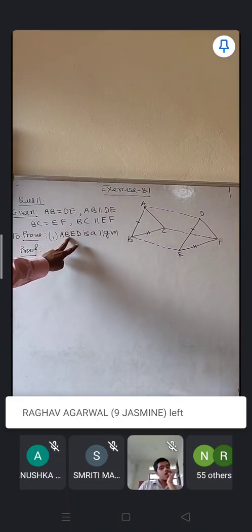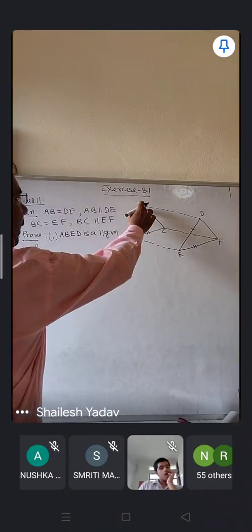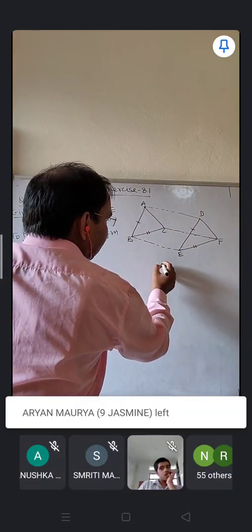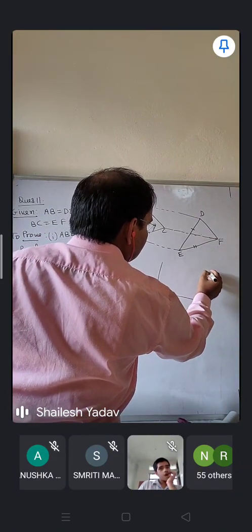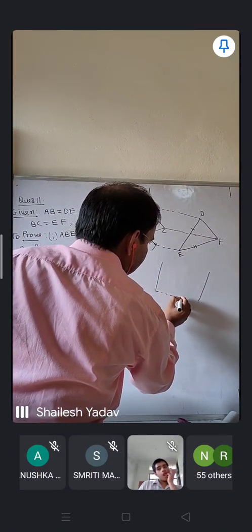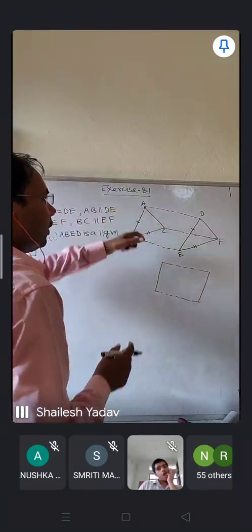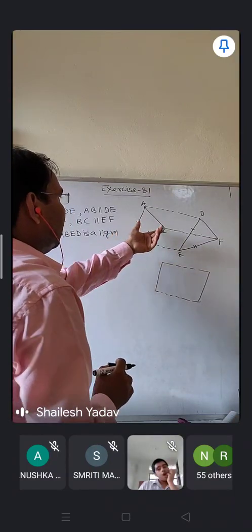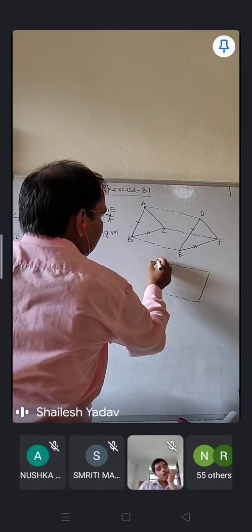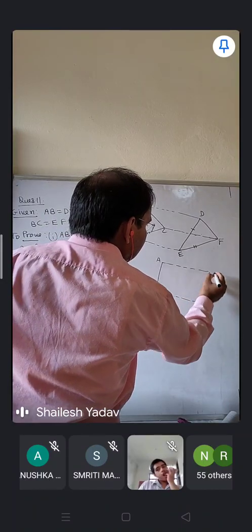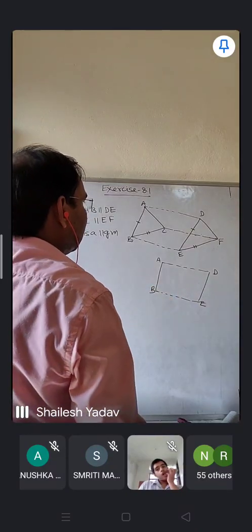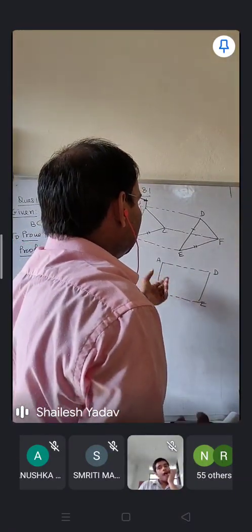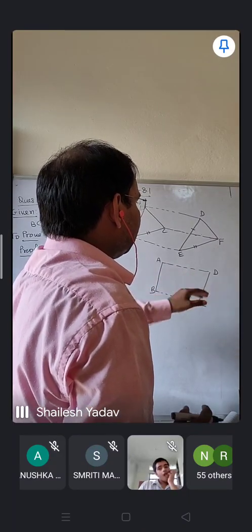Now here proof. First I will search for the quadrilateral ABED. If I draw it separately, it will be like this. Whatever the quadrilateral ABED is, it will be like this. Here the dotted line is given like this. So from that complicated diagram I have taken the quadrilateral ABED. Here you get a quadrilateral, but you need to prove that it is a parallelogram. So you need to show one of the properties that is followed here in the quadrilateral to prove it is a parallelogram.